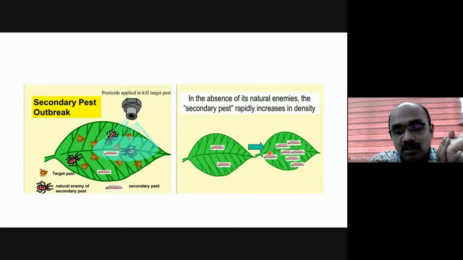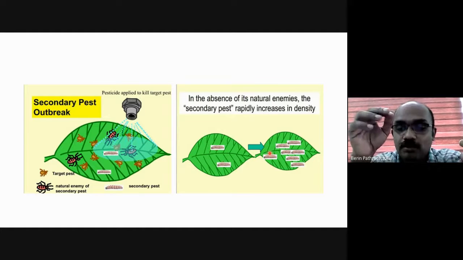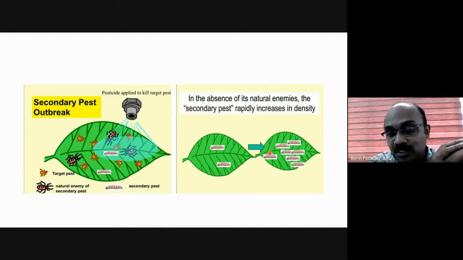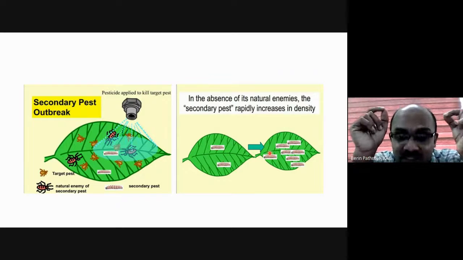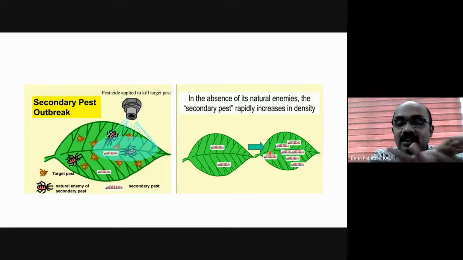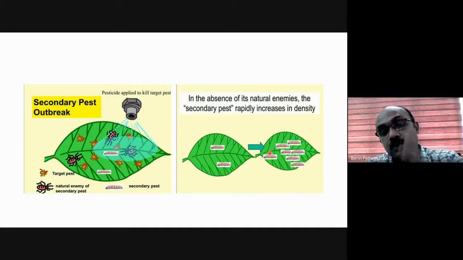Myself and our Mother sir went to the field at that time together, and once we visited the field, we took a piece of white paper, tapped the inflorescence onto that white paper, and counted the number of thrips in each inflorescence. It was more than 1,000 thrips in each inflorescence. We could see the entire white paper covered with thrips. We were seeing it for the first time. A huge population of thrips infesting mango inflorescence.